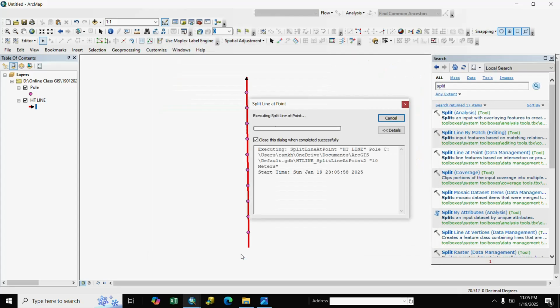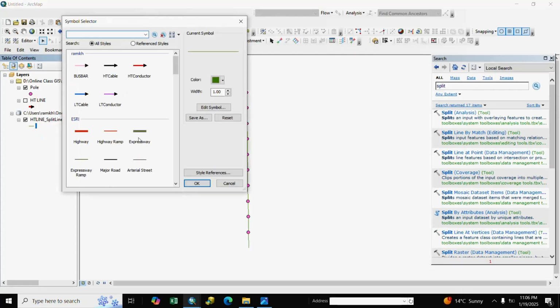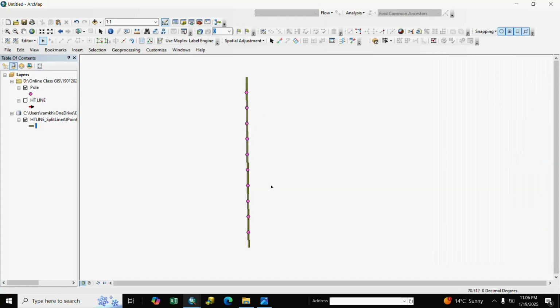We click OK. You see here this line. See here your line is broken, automatically broken. It is very important if you want to generate equal parts and equal distance. So use this process, and next we discuss